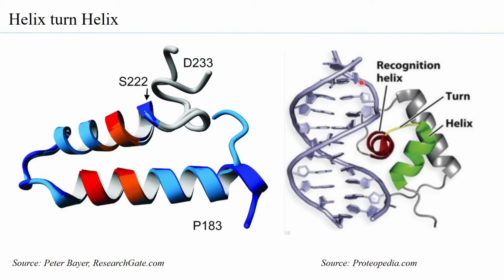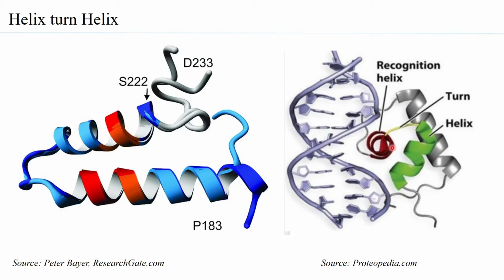We all know that within, you would have the bases present in a more hydrophobic environment. So the interaction would be more conducive if you have a more hydrophobic environment created over here. The second important feature of the helix turn helix binding with the DNA is that the recognition helix always interacts with the nucleobases through the major groove. And the other helix which is present interacts with the sugar phosphate backbone of the DNA.